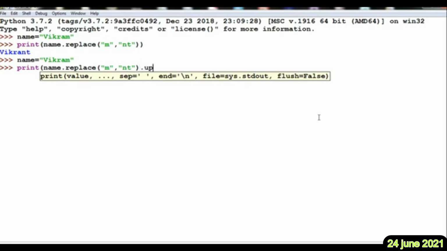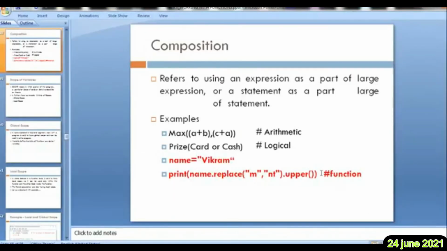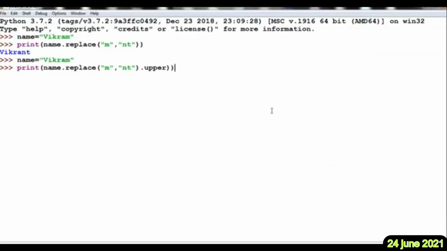Something is written once again here, dot upper. What is this? Balanced? No. What was the syntax there? Upper is a function, no? Okay, upper is a function, so we should write the brackets now.